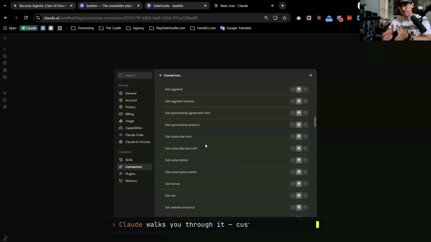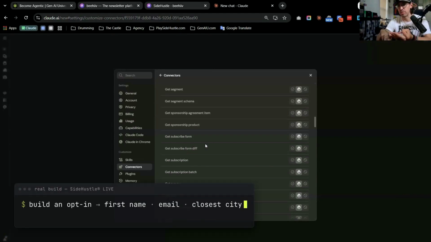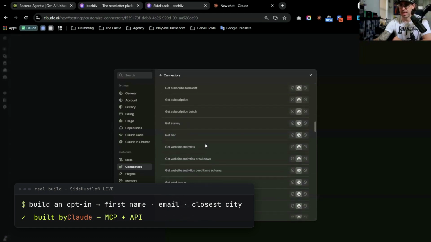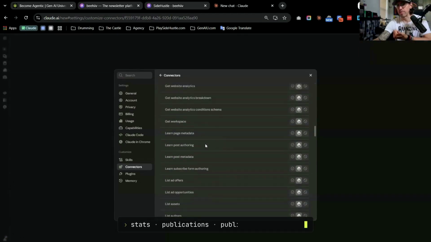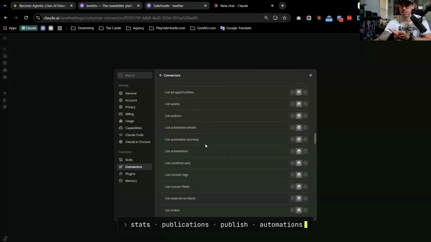And once configured, if you're building custom forms, then you can have Claude walk you through all of these different things. You can have it walk you through setting up custom fields, setting up tags. As an example, for my comedy show, we built an opt-in form where people can add their first name, their email, and then select what city they're closest to. And Claude just walked me through the entire process and built the majority of the form directly through their MCP and API. This is going to be really helpful for looking in between different publications, getting statistics, creating new publications,